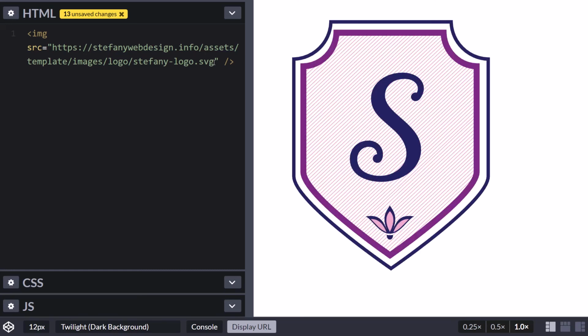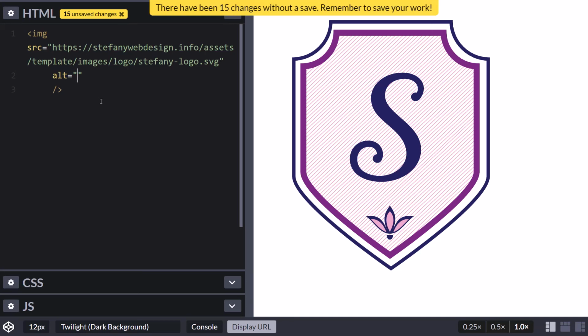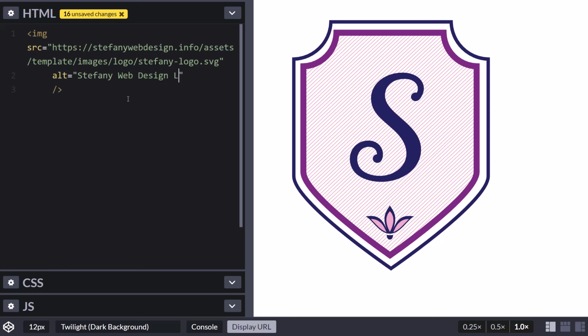And let me show you about the quotation mark thing. As you know, every image needs to have an alt attribute, and the alt attribute will help with screen readers, and will also help display text if the image can't be accessed, which happens more often than we can admit. So if I want to add Stephanie web design logo, but I want to add quotation marks around, for example, design, I'm going to add single quotation marks, since my quotation marks on the outside are double, all right? And that's pretty much it for the basic structure.